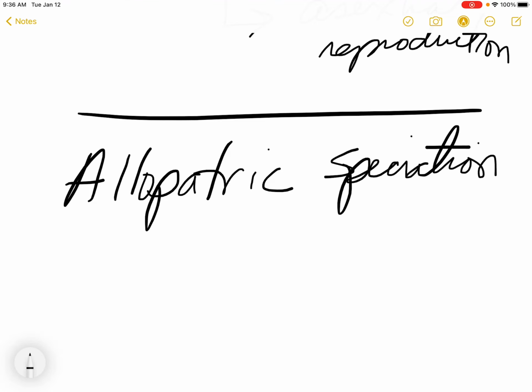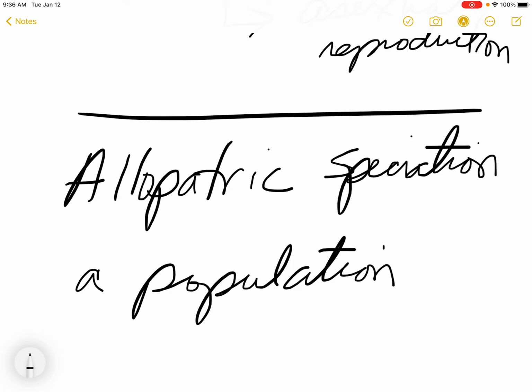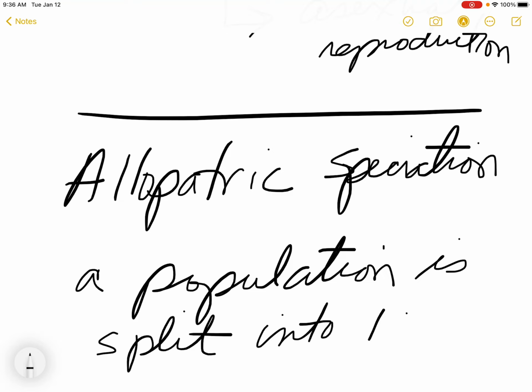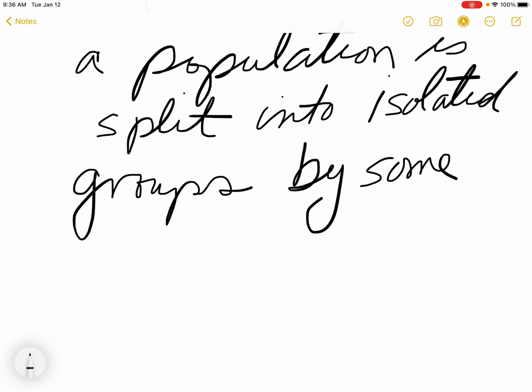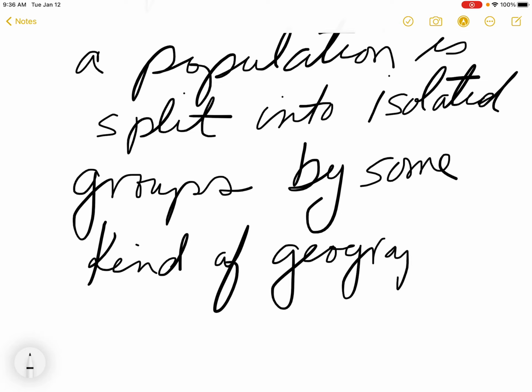Second type is allopatric speciation, and this is more the kind of example that we are familiar with because we've been talking about various examples of this. Essentially, what happens here is a population is split in 2, or split in could be in 3 or 4 or whatever, but it's split into groups, into isolated groups. And I mean reproductively isolated, right? Isolated groups by some kind of geographical barrier. So it's a physical